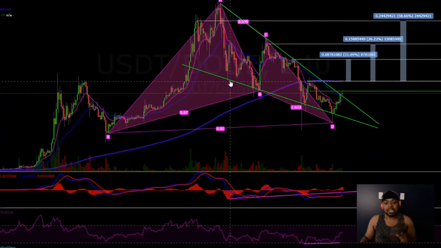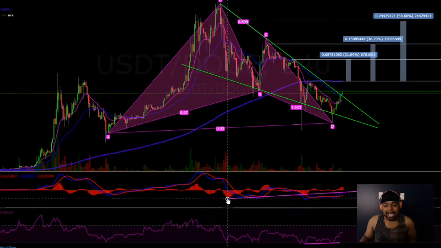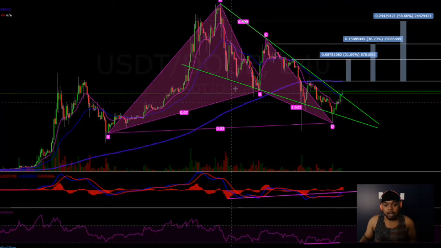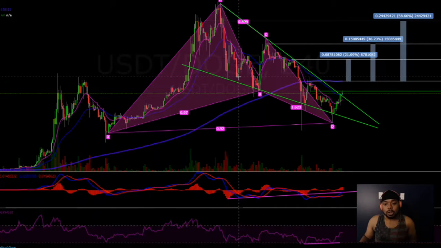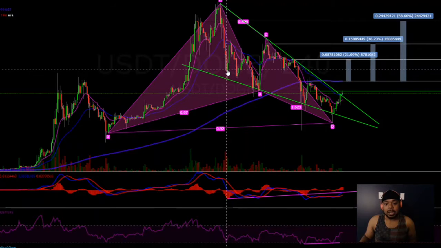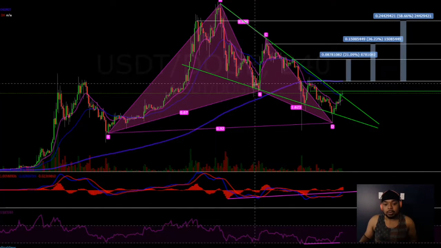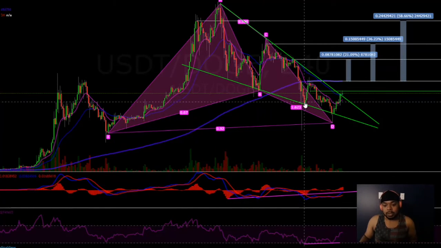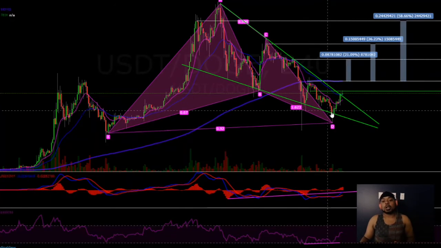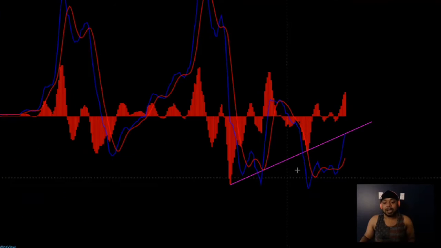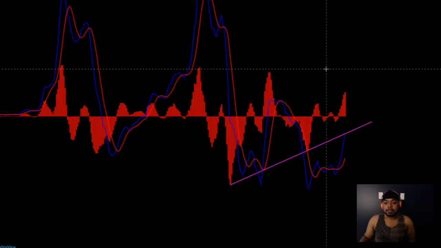Now let's take a look at price. You see how this lines up in the same moment of time, right? At the highest level of this negative momentum, all the way up here. So let's take a look at price. You see on price, you have consecutive lower lows, right? This low is lower than that low. This low is lower than that low, and so on. So whenever you have lower lows on price, and then you have higher lows on negative momentum, that's called Class